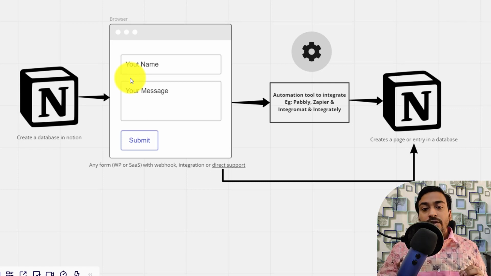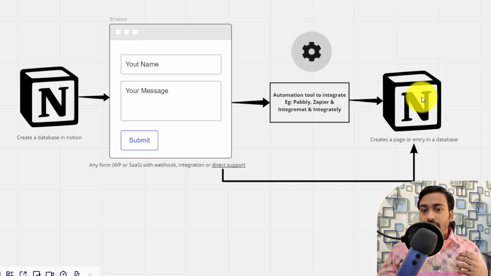So in that case, we will be using something called the third layer, which is an automation app. You might already know it, but for the people who don't, it's basically like a bridge software which connects one software to another software, and it helps both softwares communicate using that bridge. There are so many softwares in the market, and you can use any of these such as Zapier, Integromat, Integrately, Microsoft Automate, Pabbly Connect.